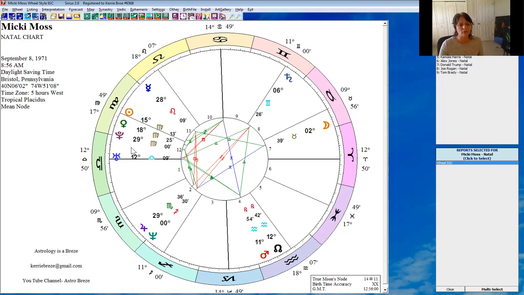So my mind is just seeing a little bit of that. And then I'm looking there, and the one thing that kind of jumps out at me right away is Uranus right there on the ascendant. Even though it's in Virgo, it's right at the 12th house. So I would always want to make sure that this is a real accurate birth time, but that's pretty interesting, whether